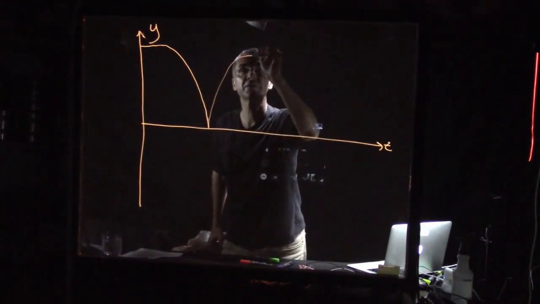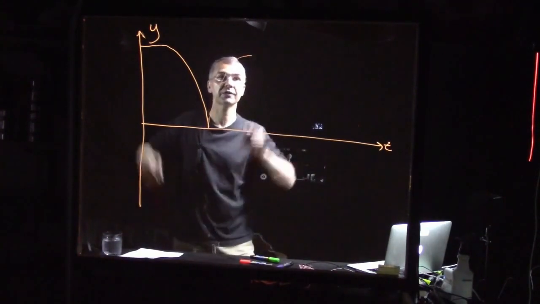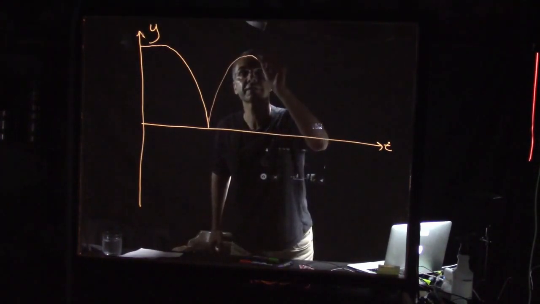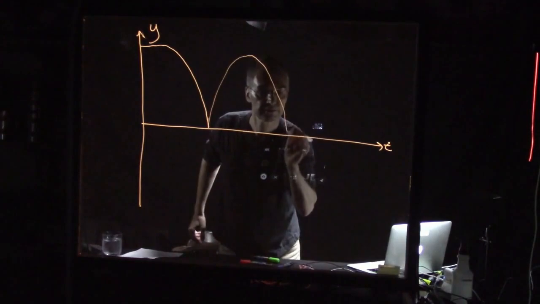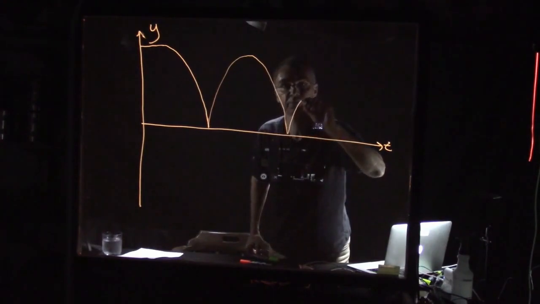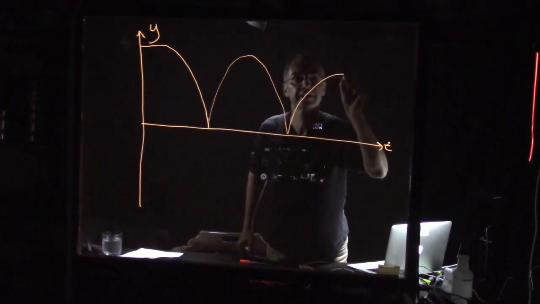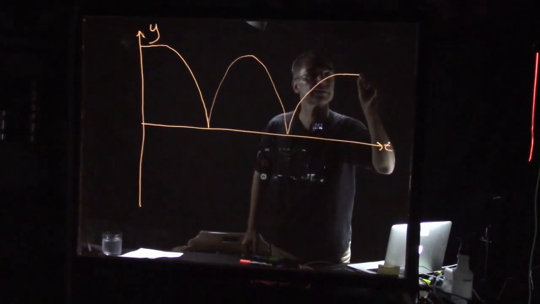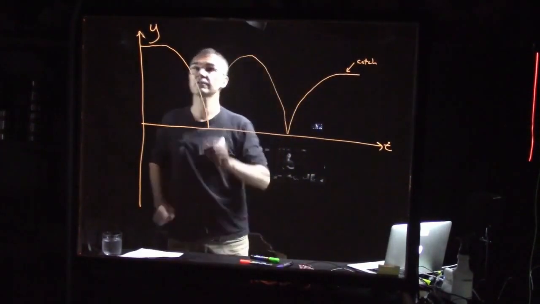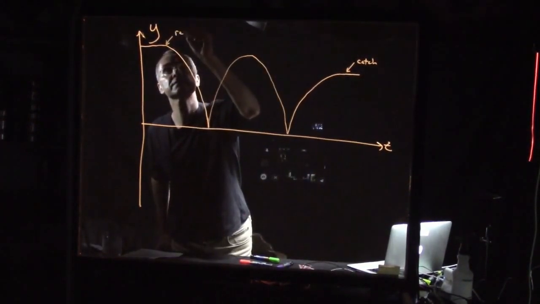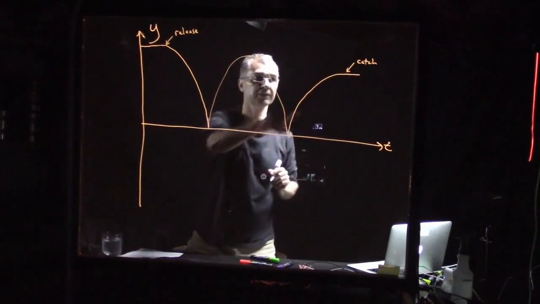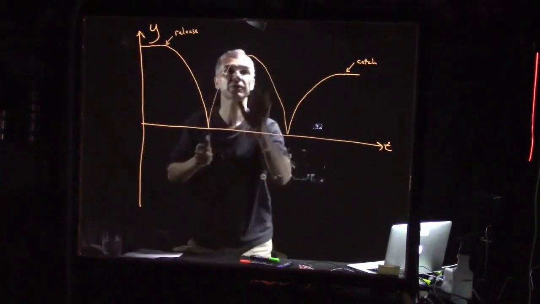And this is the instant. You can see when the slope becomes 0, that's the instant when it's at the apex of its motion. And then it's going to go back down like this. And then it's going to bounce up again. And again, it'll reach not quite as large a height. And then this is where I caught it. So I release it here. Here's the first bounce. Here's the second bounce. I catch it. And so it's really important